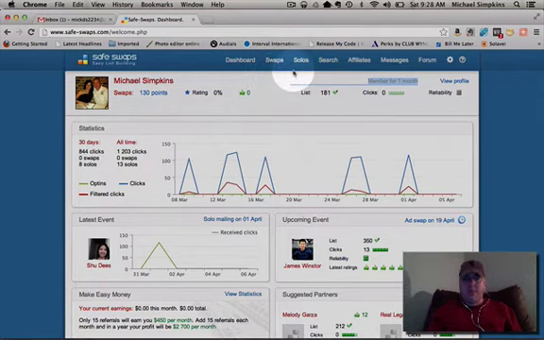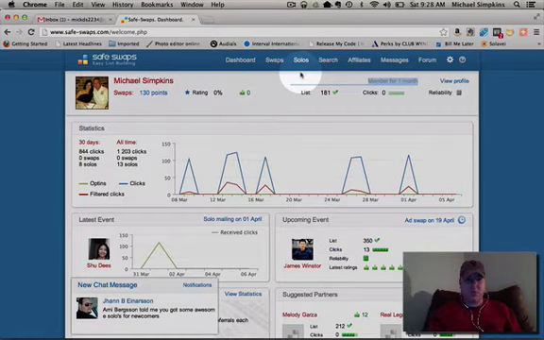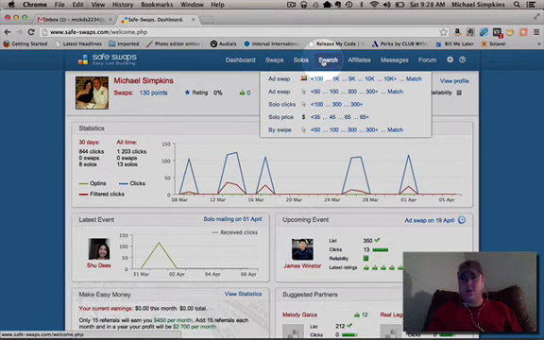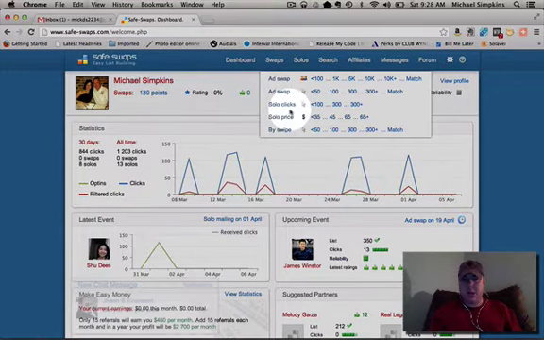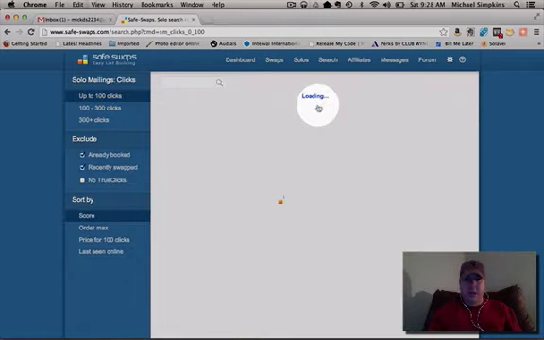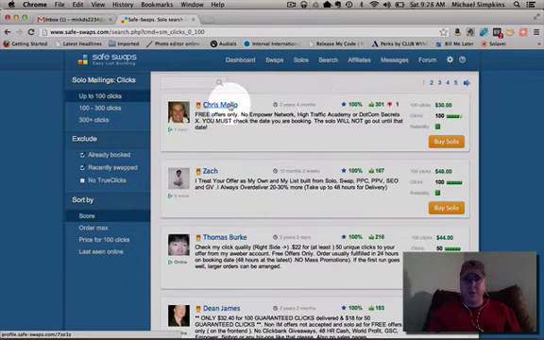If you were to join Safe Swaps, you can go in and hit the search tab up here, and you can search for swaps or solos by click, price, or by whichever swipe you're going to use. What I normally do is, if I'm looking for something below 100 clicks, I'll click on this, and it takes me to the providers that are,